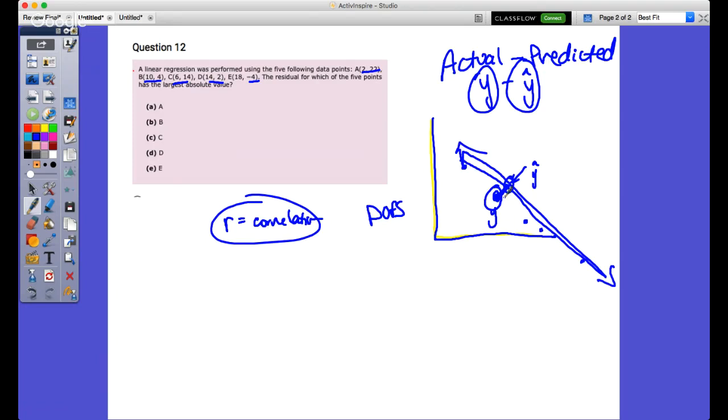Now, I do not think that finding this residual is on the actual AP exam. What I will do is quickly, hello, gentlemen and ladies, good to see y'all, pull up my calculator and show you. While I am doing that, because it takes a second to pull this up,